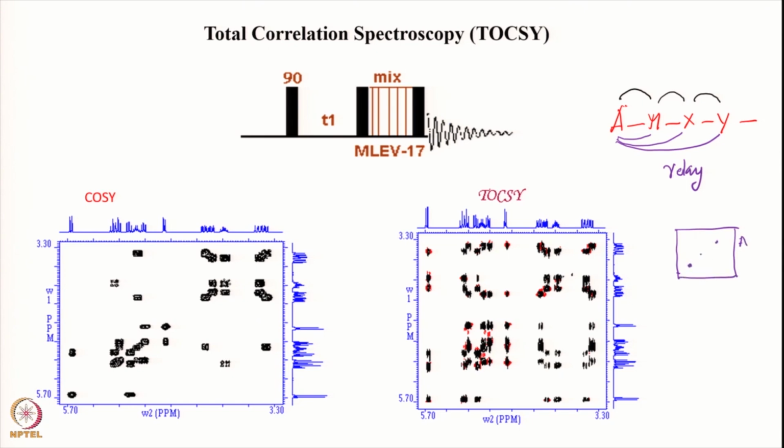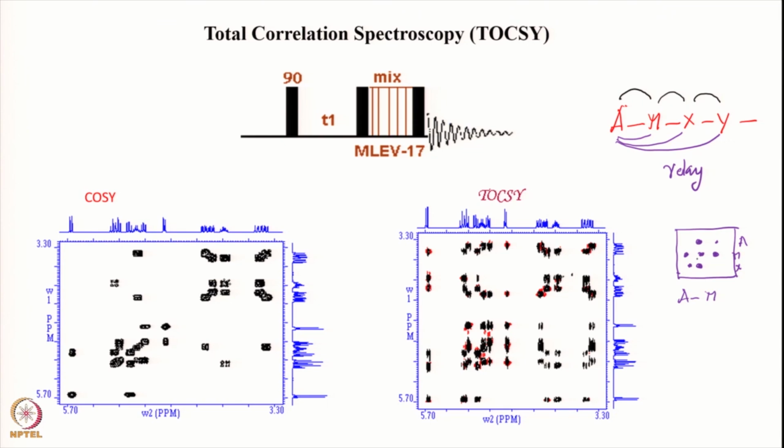And this is M X, and I see a cross peak here, a cross peak there, and I see a cross peak here and a cross peak there in the COSY. Okay. If I see it like this, what it could mean is that there is an AM cross peak, there is an AM coupling. This will tell me that there is an AM coupling, but there is also a cross